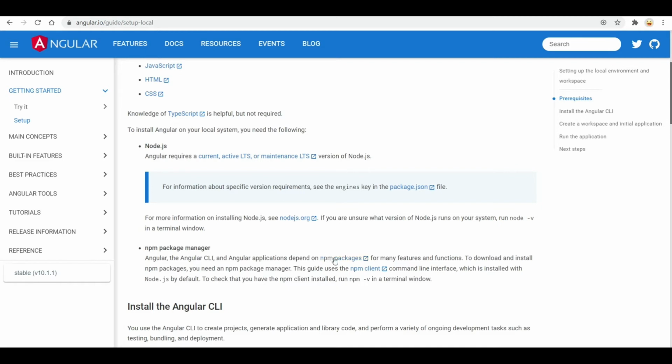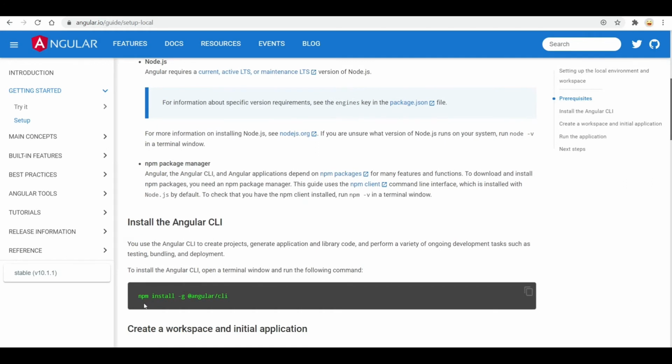It has an npm client or command line interface, which provides the functionality to install, update, uninstall, whatever you want to do with a package. And here you can see that we can install the Angular CLI globally or locally, whatever way we want to.